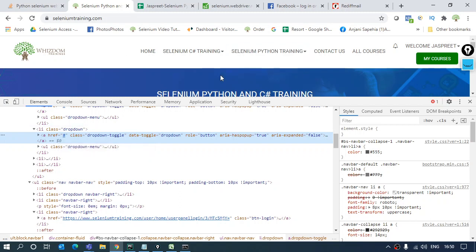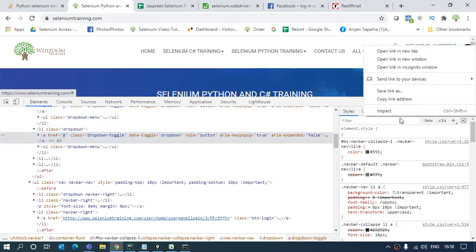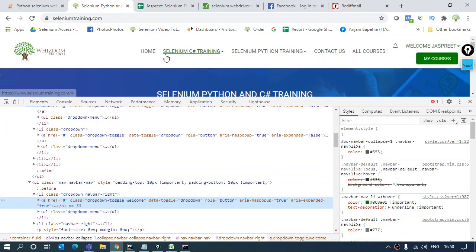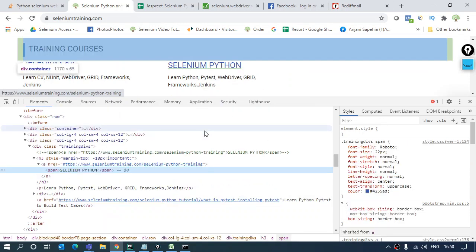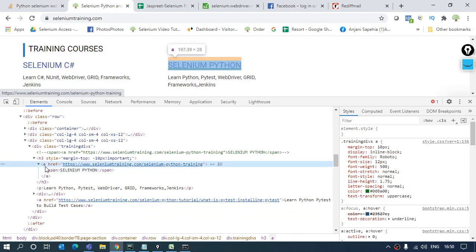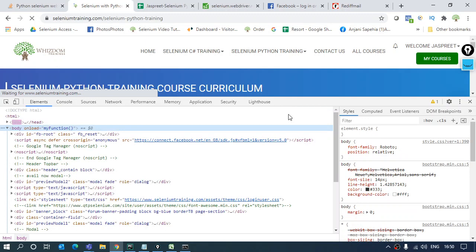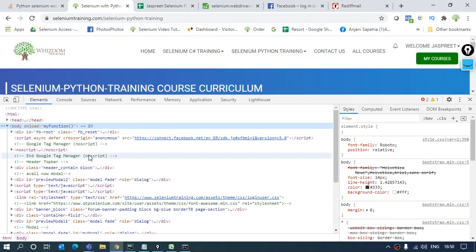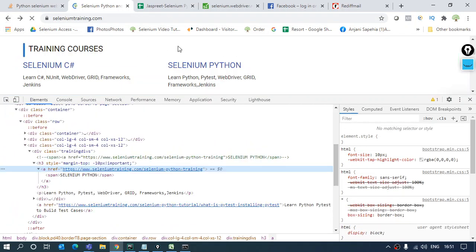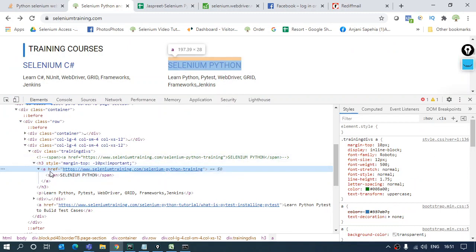Now once I click on this link, I will not be routed to another page, just the below frame is going to change. That's what's going to happen. So if I click on this particular link, it was also not routing me somewhere. Just wait. Yeah, you can see over here, this particular link is taking me to another page. If I click on this, it will take me to the course page. So this particular URL is stored in the href attribute over here. So this is the mandatory attribute.